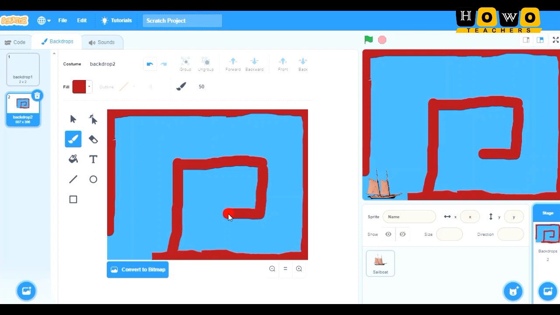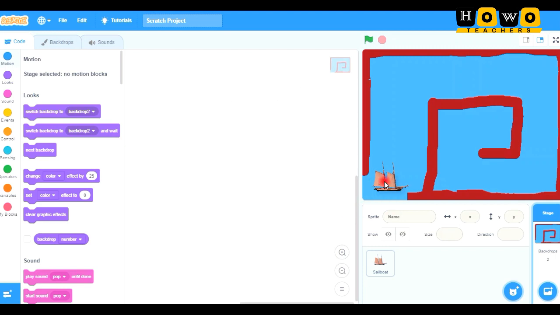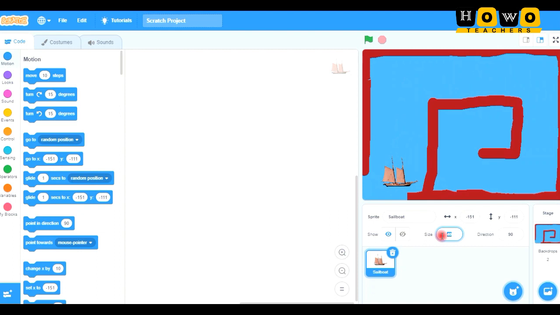Now the border is quite well designed. I am going to convert this into convert to bitmap. So that has been converted. Now this is my backdrop. Now let us go on for the code area. See, if you feel like the boat can move easily, it's good, but if you feel that at some point the space is less, then you can anytime reduce the size of your boat. So I have reduced it so that the boat should not touch out at any point and it can easily reach out the space.